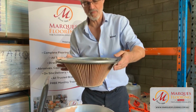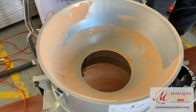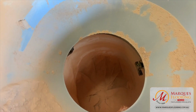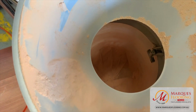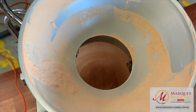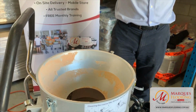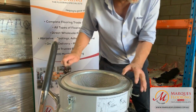If you bring the camera now and look directly down into the bag, you can see that all of the dust sits at the bottom, and you can see the black elastic pull straps. That holds everything tight, and what you do is you release those pull straps, and then I can take this complete top out with the bag, to tie the bag off if we need to, or replace the bag. So if I put this back on again,